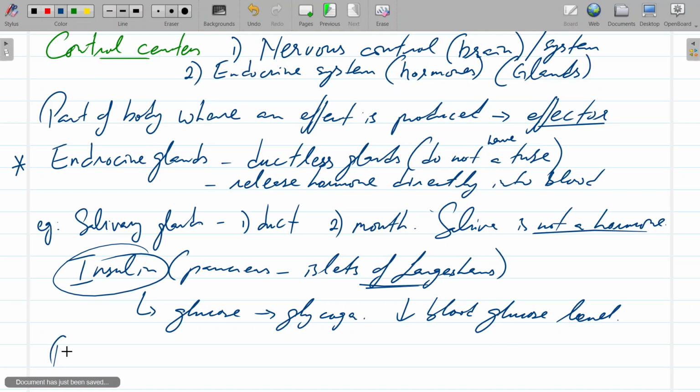Why do some people take insulin? We're really jumping ahead, but the reason why some people take insulin is because the pancreas, the islets of Langerhans, are not producing insulin at all. There's something wrong with their gland, or it is not produced in sufficient